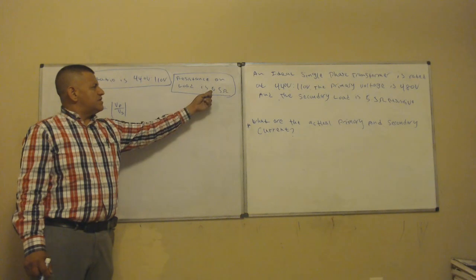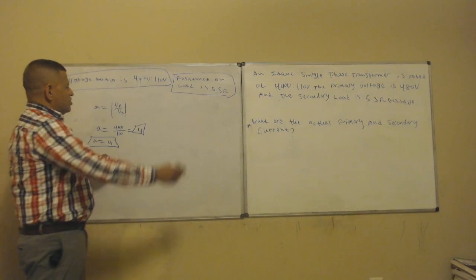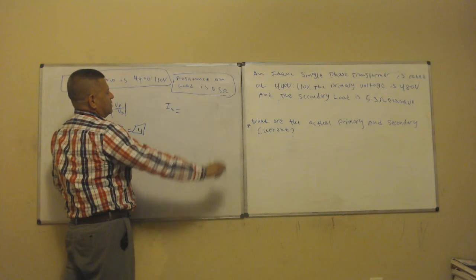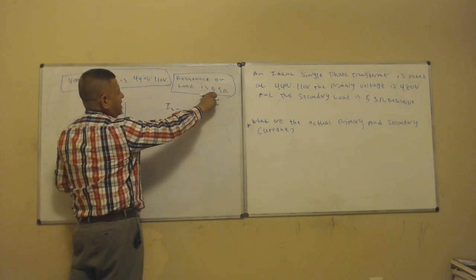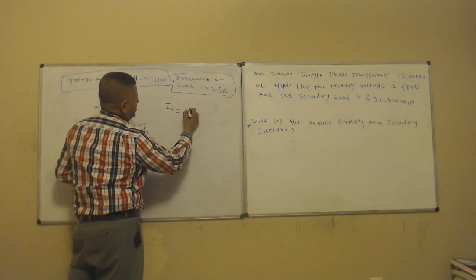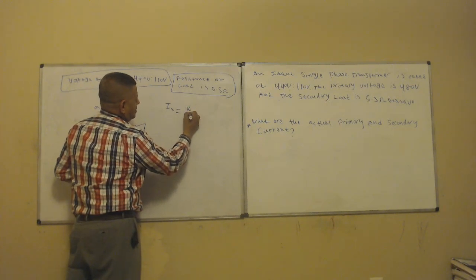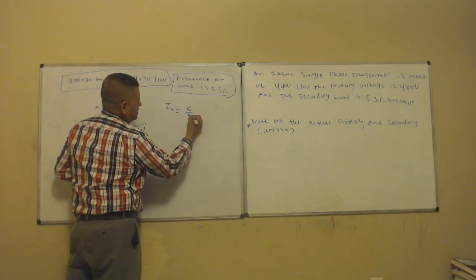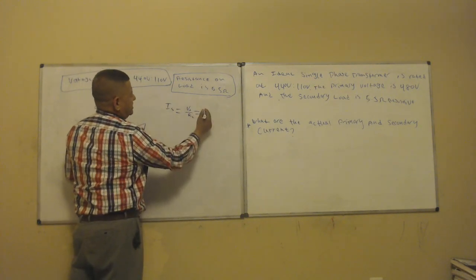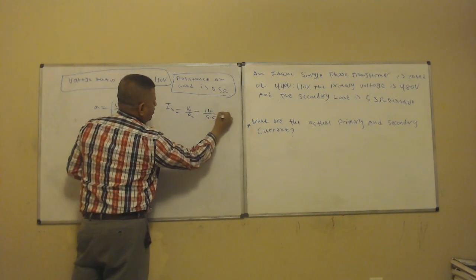We know the secondary resistance, and we know the voltage in the secondary. So I secondary is going to be V secondary over R secondary, which is 110 over 5.5, which is equal to